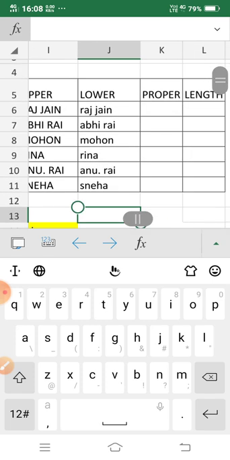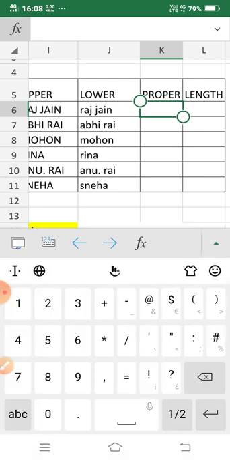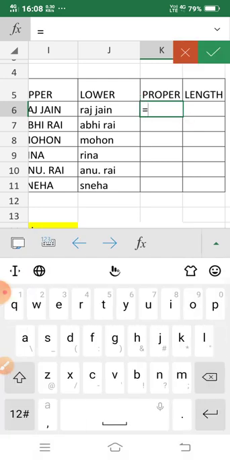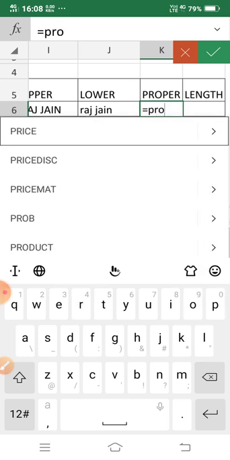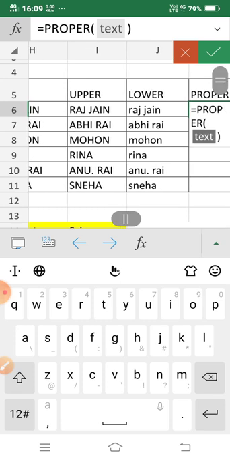The next one is proper. Proper is a function that gives the first letter of each word as a capital letter. For this we use equal, then proper, and then the text.